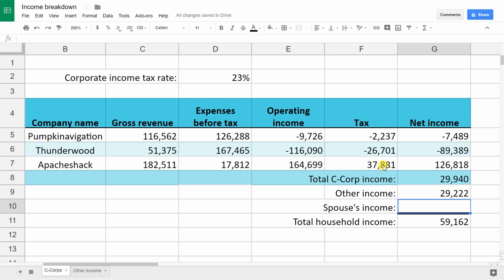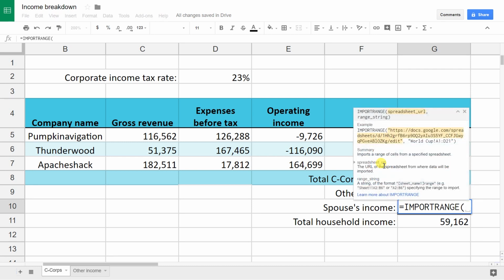And the last type of reference that we're going to do is a reference to another file. Now, since we're using Google Sheets, it's all online. To find the file, we're actually going to use an address or a URL to it, and I'll show you how to get that. First, you're going to start it with an equal sign, and the function that you use is IMPORTRANGE. Even though we're just picking up one cell, it's called a range. And if you look at the syntax that Google Sheets is telling you, an important thing here, don't forget the quotes. If you don't have the quotes, it won't work. So we're going to put in a quote,